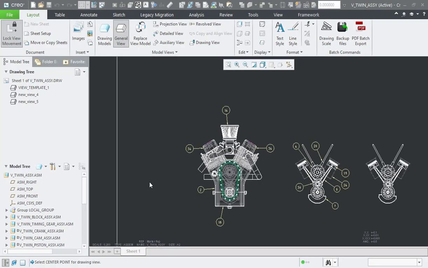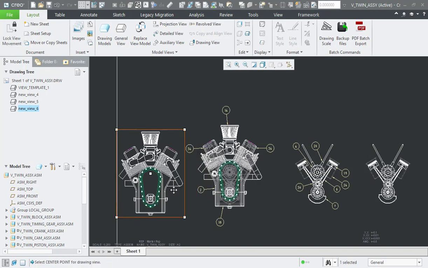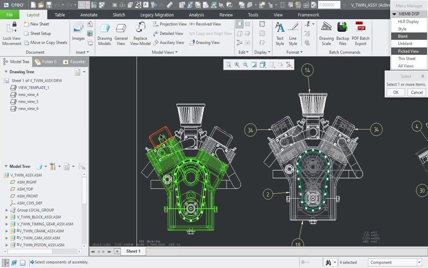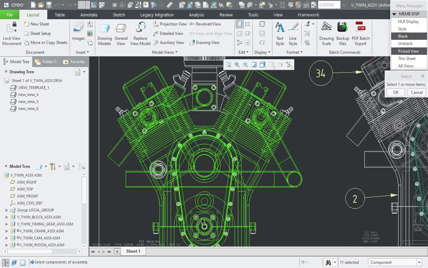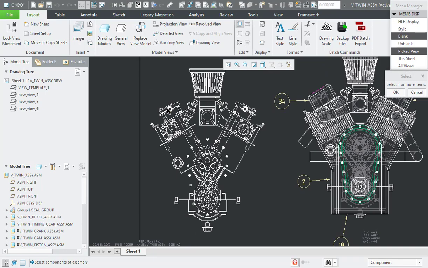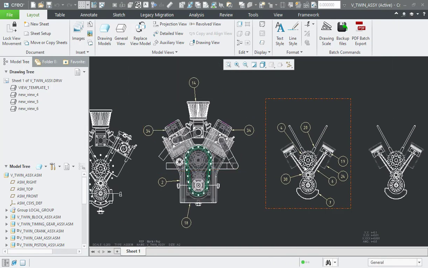Let's see the challenges associated with the first option, when we use the component display command for achieving the desired result. This command is very helpful when we have a few selective components to hide. But in this large assembly, it could be very difficult to pick the desired component, especially the small parts in a drawing view, and it could take a lot of time. Also, in case you want to review the components for some reason, you cannot easily switch the display of hidden parts to non-hidden. You have to pick the hidden components one by one in the same fashion.